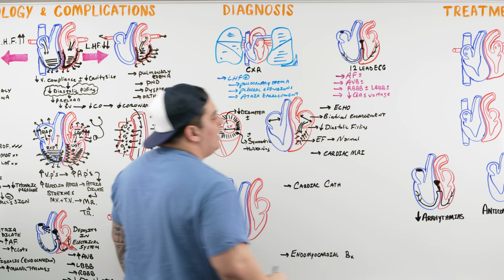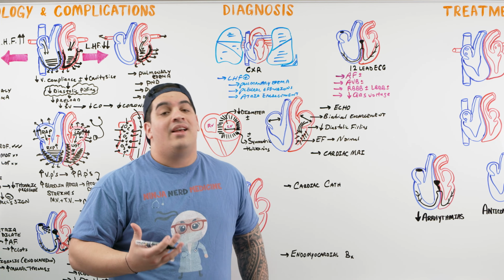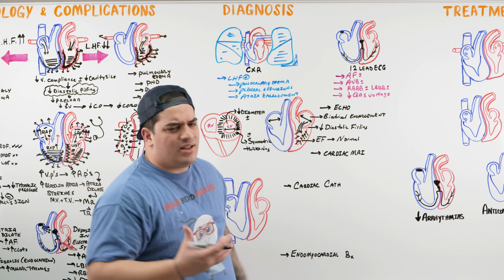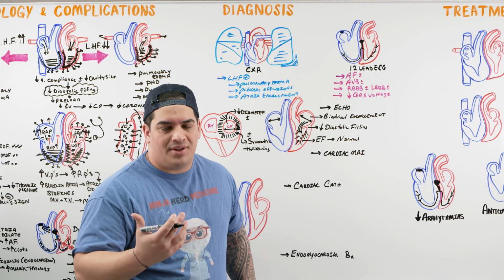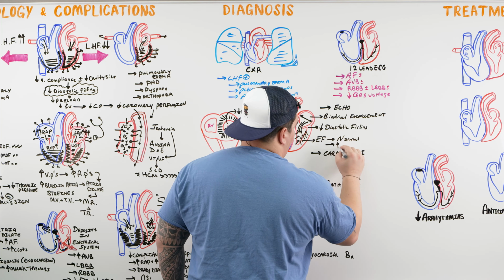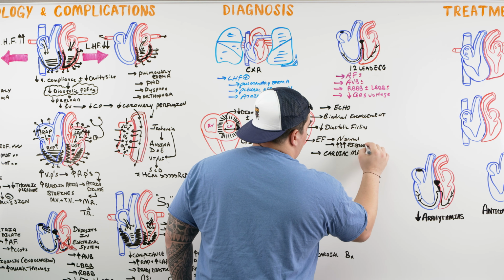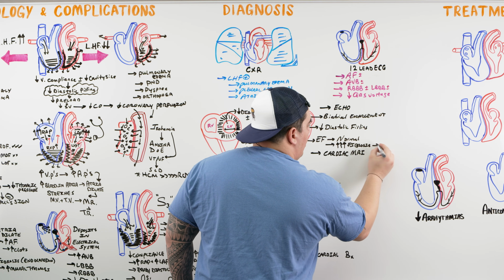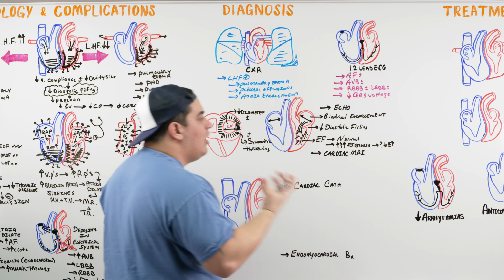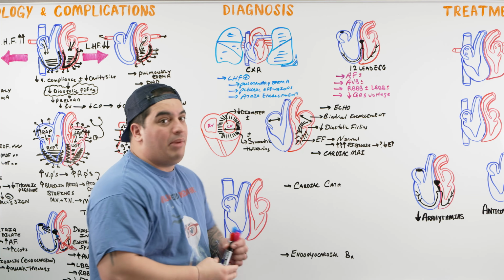In some cases, if the fibrosis is pretty extensive to where it does involve a good chunk of the myocardium, there is the possibility of a reduction in EF. But for the most part, it's relatively normal. With extensive fibrosis, there potentially could be a reduction in EF. So we could also say if there is significant fibrosis or extensive infiltration, there is the possibility of a reduction in EF if you're replacing a lot of the contractile myocardial tissue. So these are the things that I would definitely say that you can pick up off of